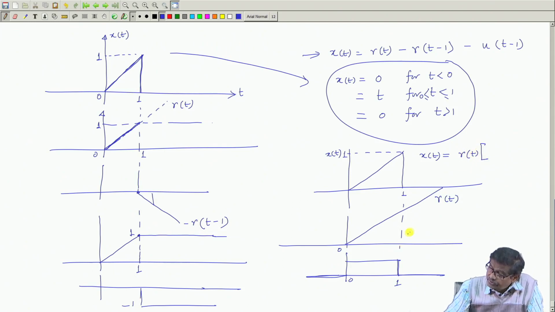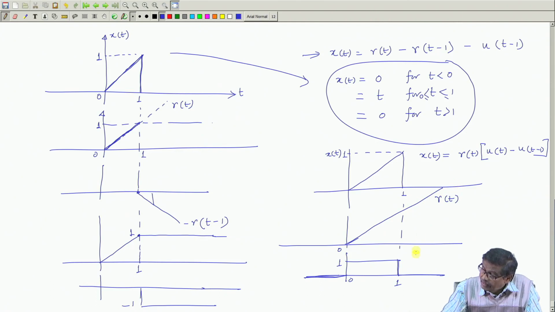into u t minus u t minus 1, because below this it is 0. So, it is giving this part during this portion, this unit step, this into 1, this into 1, it continues up to this. After that R t is present, no doubt, but you are multiplying with this function which is 0 here, u